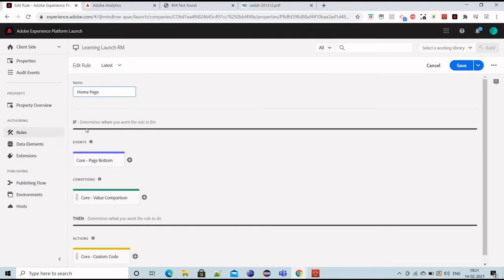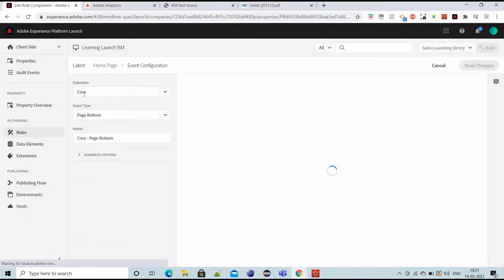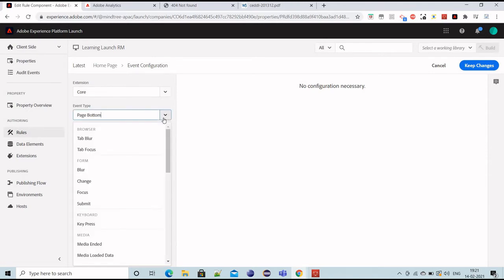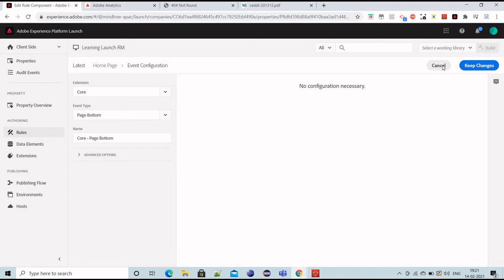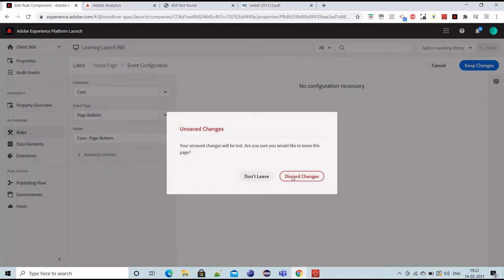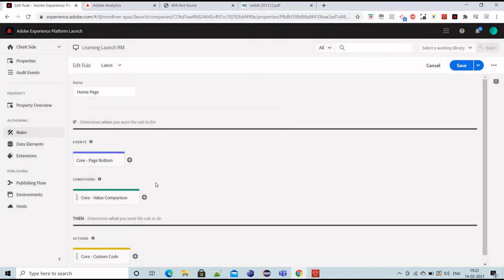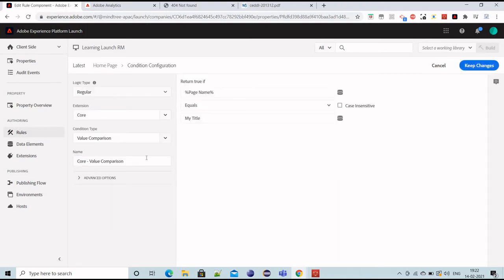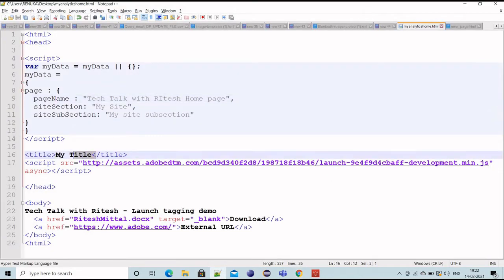In this homepage rule I have added an event using the core extension, with event type page bottom. The condition is that my page title is my title.